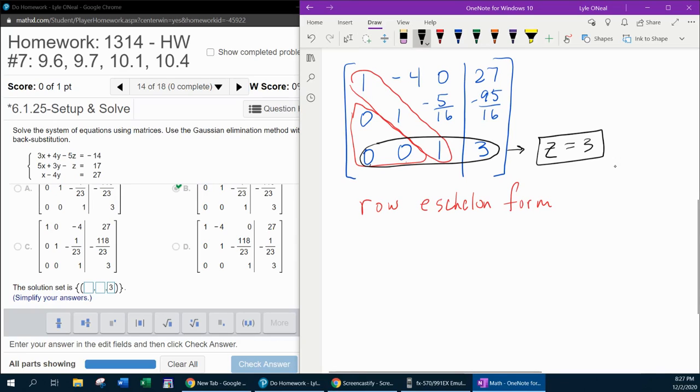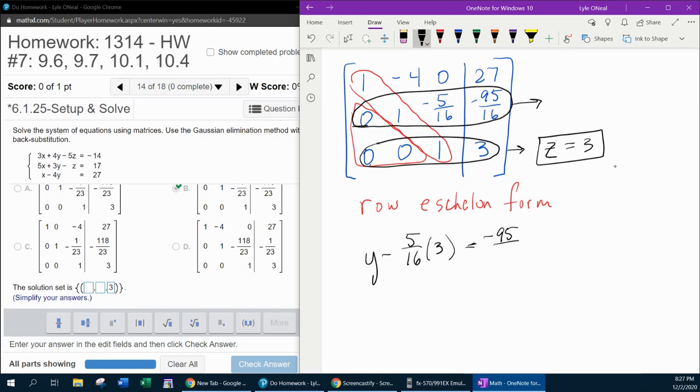Now then, we're going to go back up a row, and we're going to translate this back into an equation. And this row says no x, 1y, minus 5/16 z. But notice I know z is 3, so I'm going to substitute,